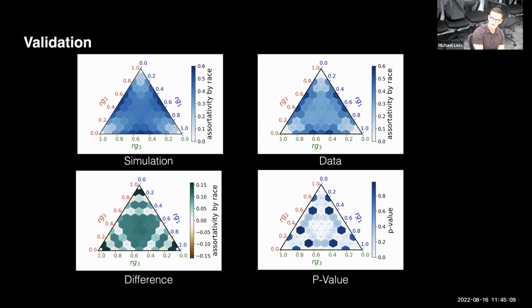Okay, so the top left plot, the blue line where it says RG1, actually represents where you have 0 concentration, or 0 students from race group 3. And here you see when you've got 2 groups, you get maximum assortativity. And then as you get more groups, you get less assortativity. Then you'll see on the right-hand side the data and the simulation are in fairly good agreement. So the model was producing something that we might expect.